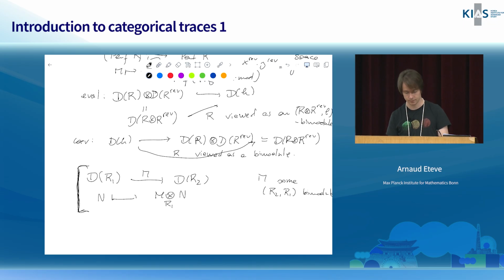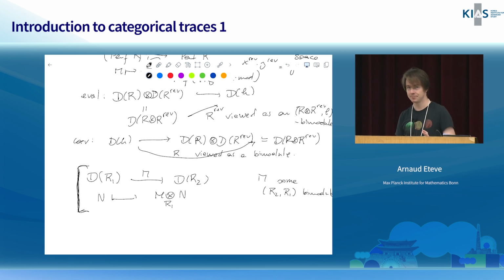I think there's something reversed. Did I reverse something? First off, your evaluation and co-evaluation, one of them should be the R rev. I think you're right, so I might want to put an R rev here, to view R rev. So yeah, left and right are difficult. But I'm not doing anything crazy here.